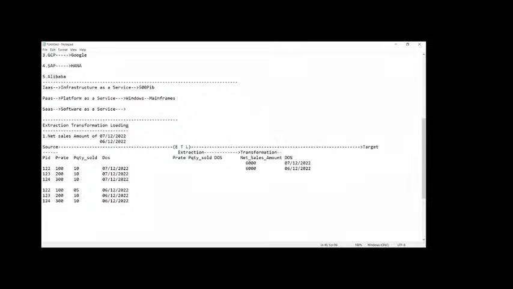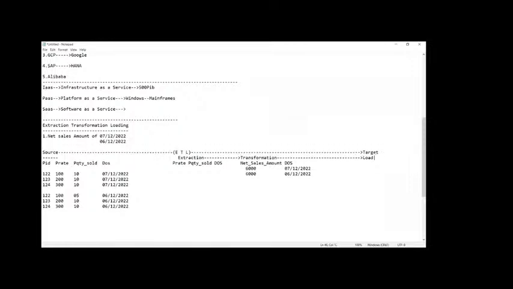And once the transformation is done, finally what we do, guys? We load the data into the target system, whatever we have. Okay, everyone. So now, guys, to perform this process of extraction, transformation, and loading between the cloud and the on-premise system, from cloud to on-prem or on-prem to cloud,